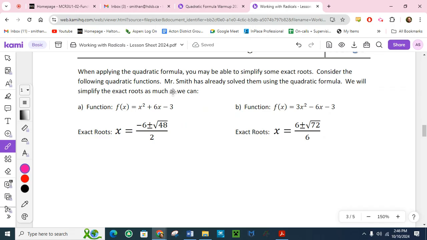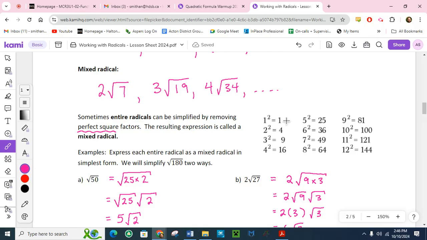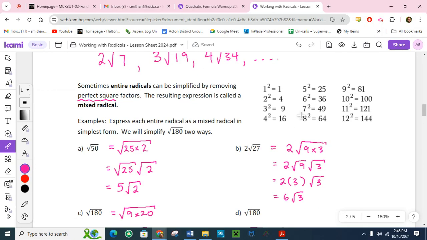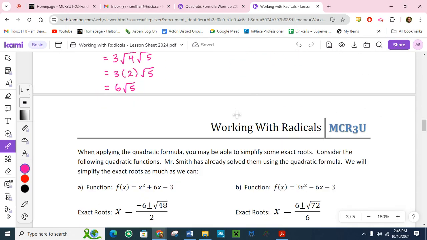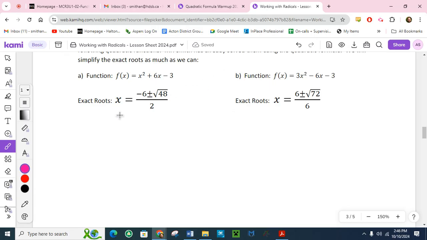Can you find a perfect square number that goes into 48? Once you find it, you can just say it out loud. Not a perfect square number. Perfect square numbers are here. What'd you say? 4 is one, but there's a bigger one. 16. Yeah, you can divide 48 by 16. So follow along, children, as we simplify our exact roots. So we're going to write 48 as 16 times 3